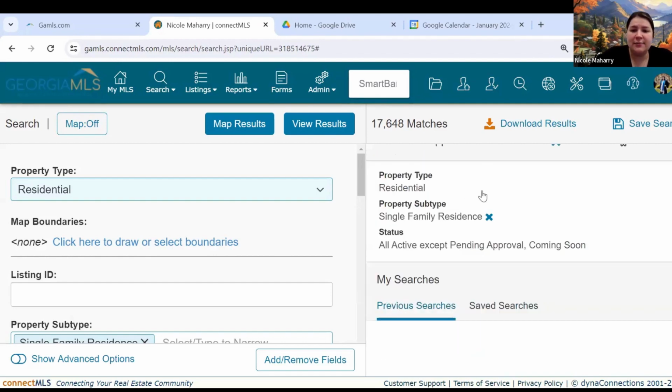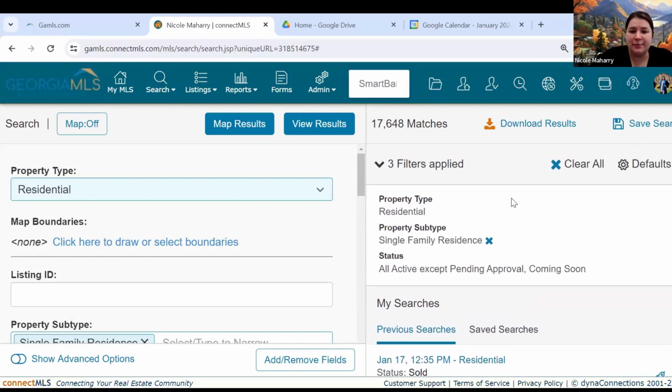All right, I'm going to scroll back up to the top. And now what we're going to do is discuss everything that is on my left-hand side. So today we're going to be doing a search with just residential single-family residence properties. Okay. So on the left, I have residential automatically selected, but anything in blue, I can modify or adjust,